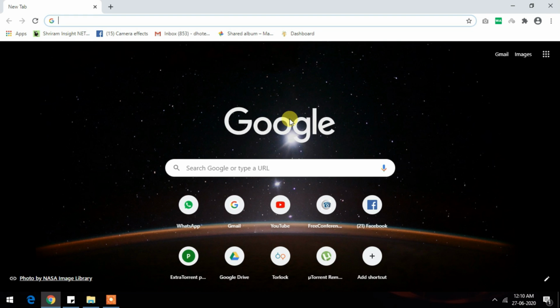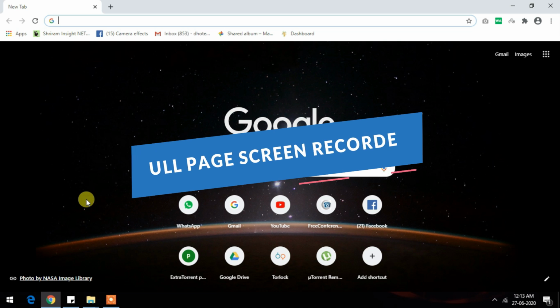Many of us use Google just for web browsing or some other purpose, but Google add-ons or Google extensions are tiny applications which perform more than normal tasks. These add-ons or extensions are only supported by Google Chrome, which is the product of Google. So we will first see the very first add-on, which is a complete screen recorder or full screen recorder.